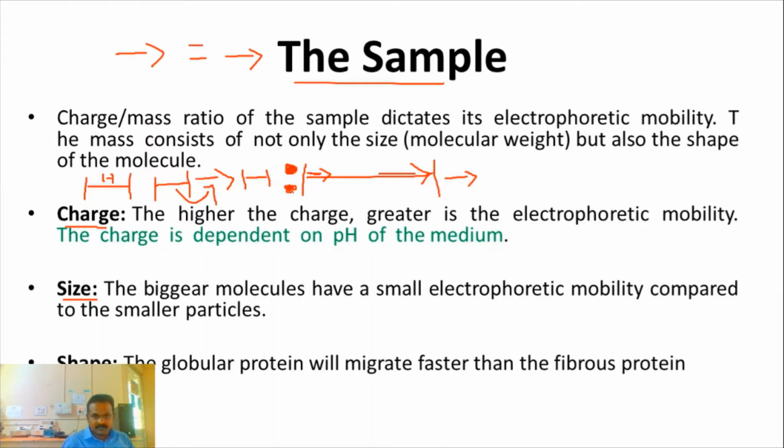So just recall, the net charge of the molecule is the main factor. If the charge is high, it migrates very fast. If the charge is low, it migrates very slowly. But this factor only applies to DNA. In the case of protein, it is completely different. Whether acidic or basic proteins are being separated, at that time we supplement with SDS, so all proteins are converted into anionic. After that we can separate them from cathode to anode.